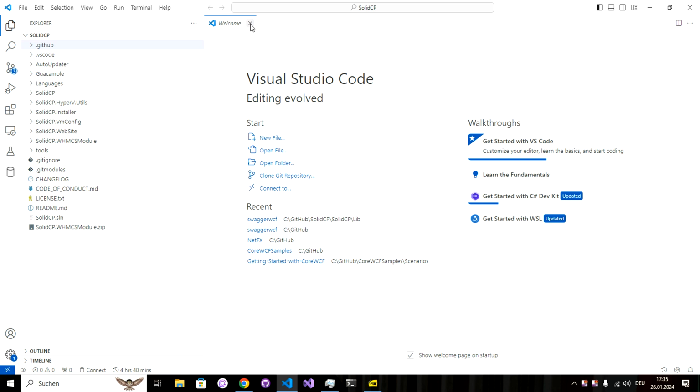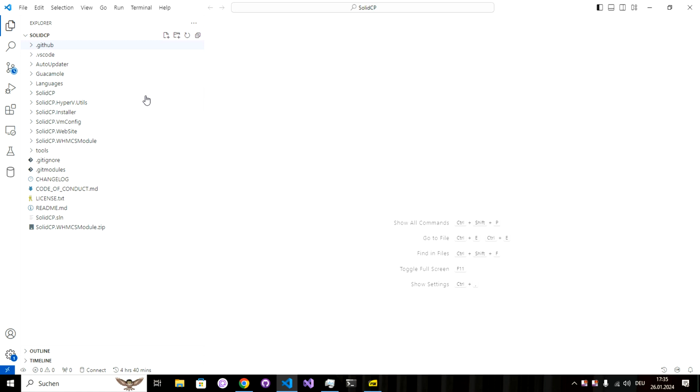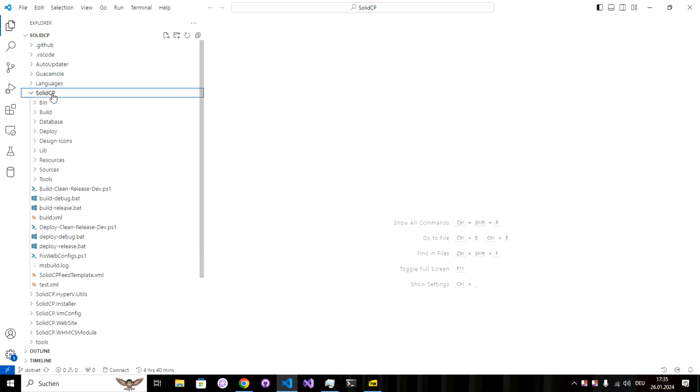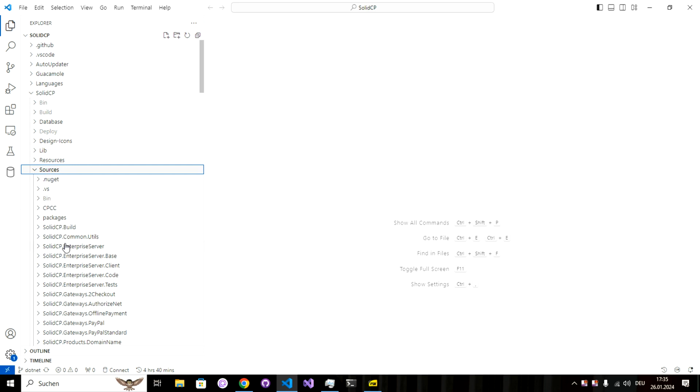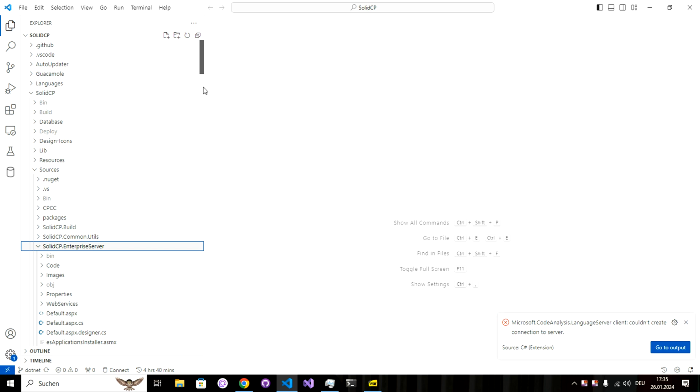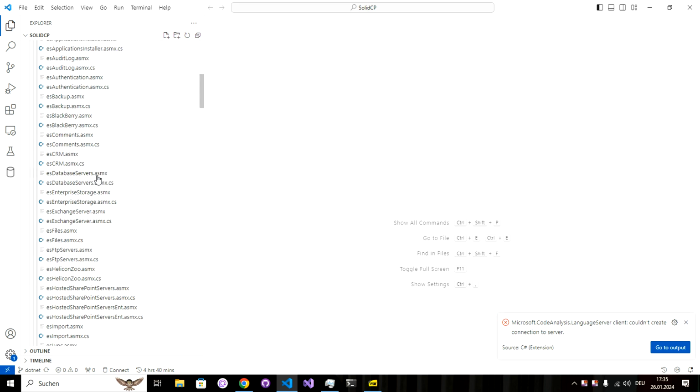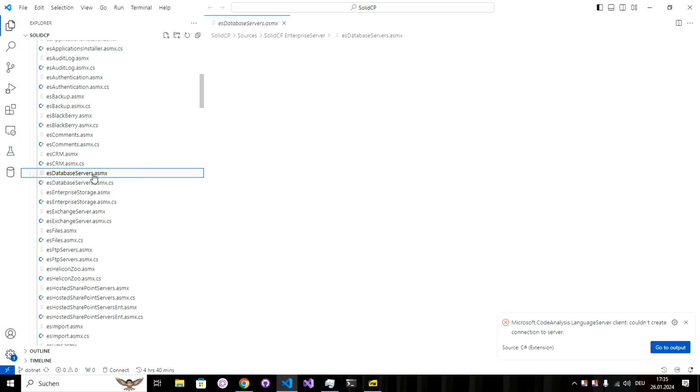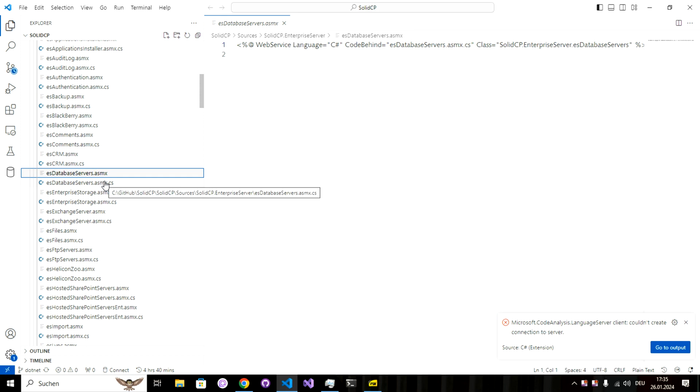We're going to look into Visual Studio Code because it uses less memory than Visual Studio, and on my laptop I only have 4 GB, so we need Visual Studio Code. Okay, first of all, let's have a look. For example, enterprise server, we can see we have all those WSE3 web services with the suffix of ASMX. And now we want to run them on .NET 8 on WCF. So what we did,